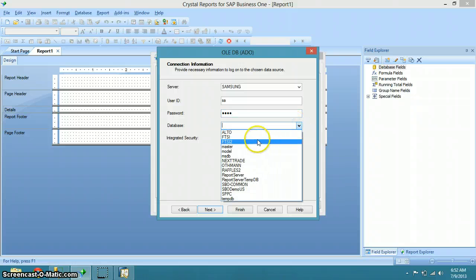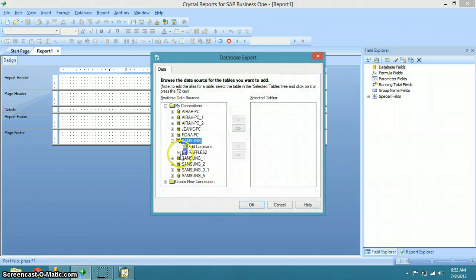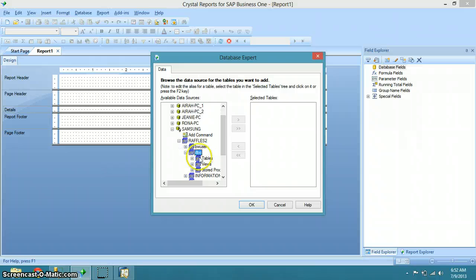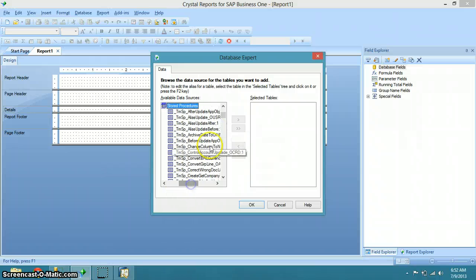I think our company is Raffles S2. Then click finish, then look for the stored procedure that I was talking about, which is located in the DBO stored procedures, and look for the sales order.